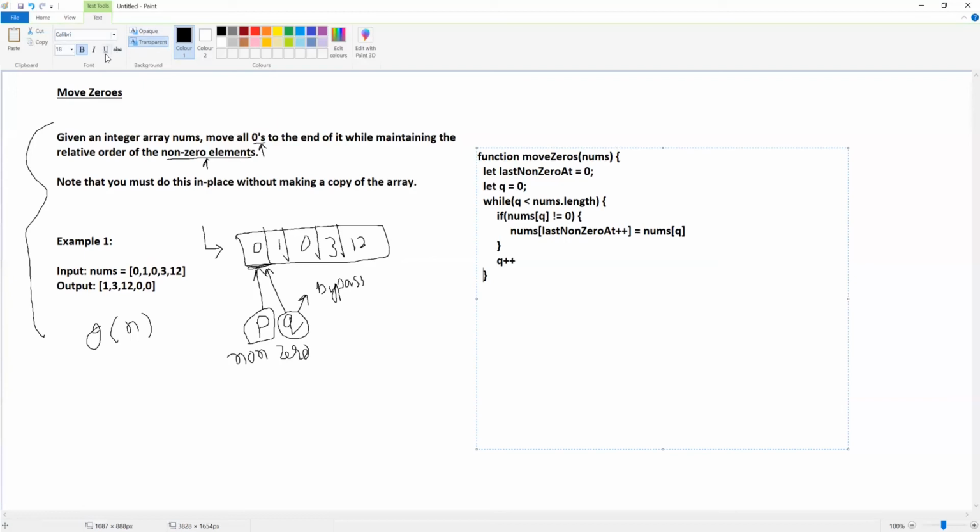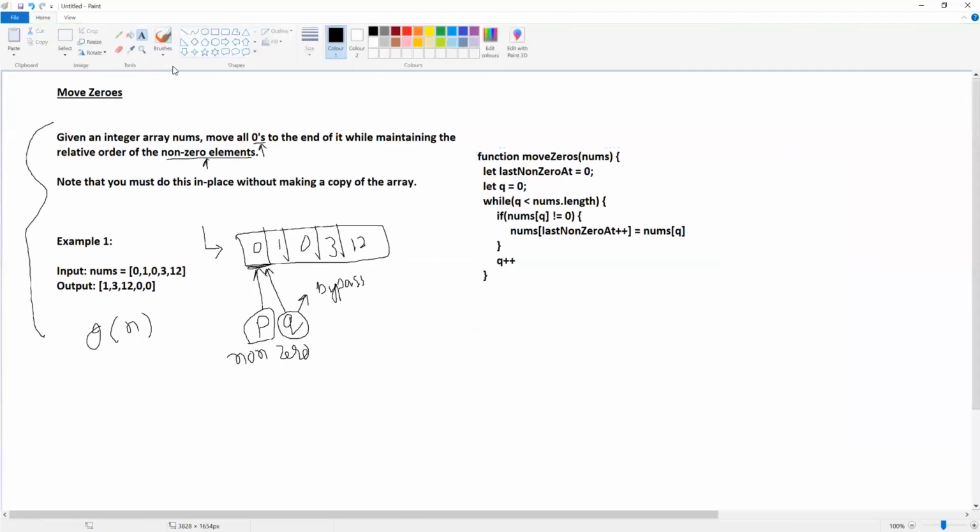So if you see this visually, after this operation you'll have an array something like this: 1, 3, then 12. After that again you'll have 3 and 12. But our desired output is 1, 3, 12. Then at the end 0, 0. So this portion should be 0, 0. So what we can do, we can run a for loop again here,